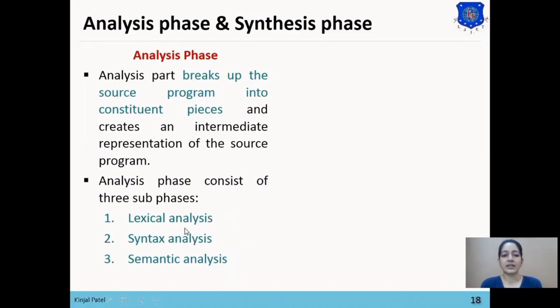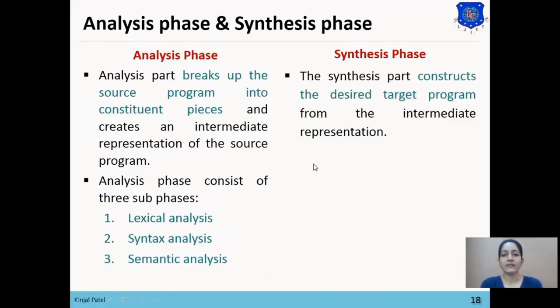Then syntax analysis generates the syntax tree from those tokens, and then semantic analysis finds the meaning of the source program, and all these three phases are used to resolve the errors in a program. So after resolving all the errors, the error-free code is stored in the intermediate representation, and that intermediate representation will be passed to the synthesis phase, and the synthesis phase will convert the intermediate representation into the target program.